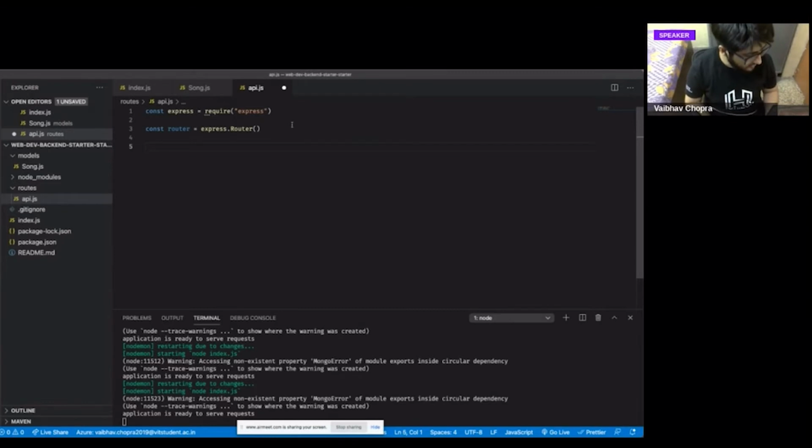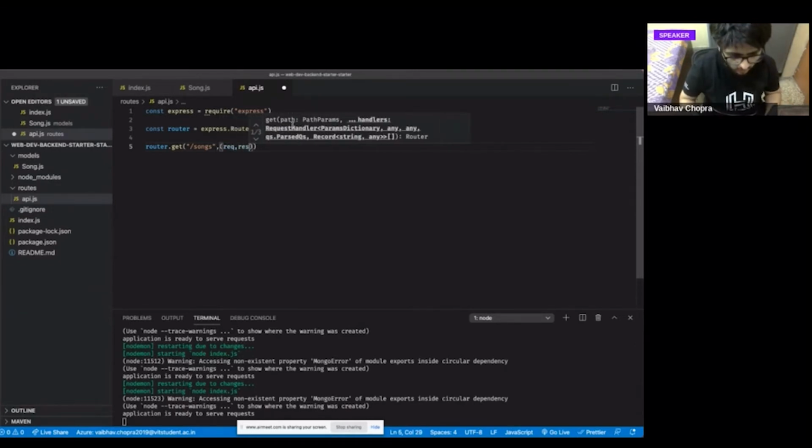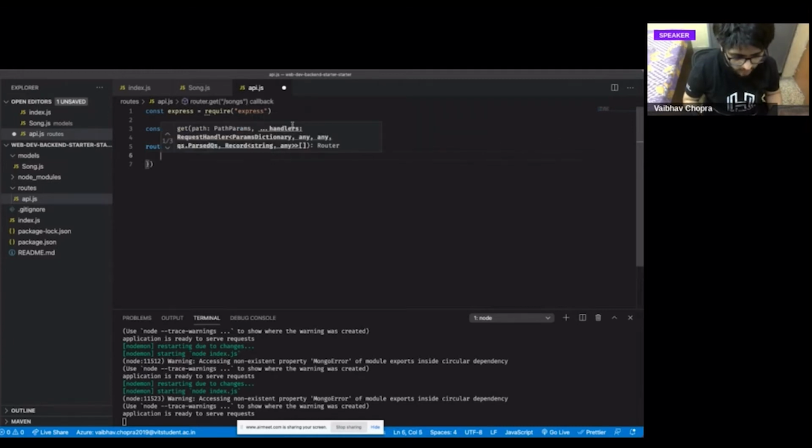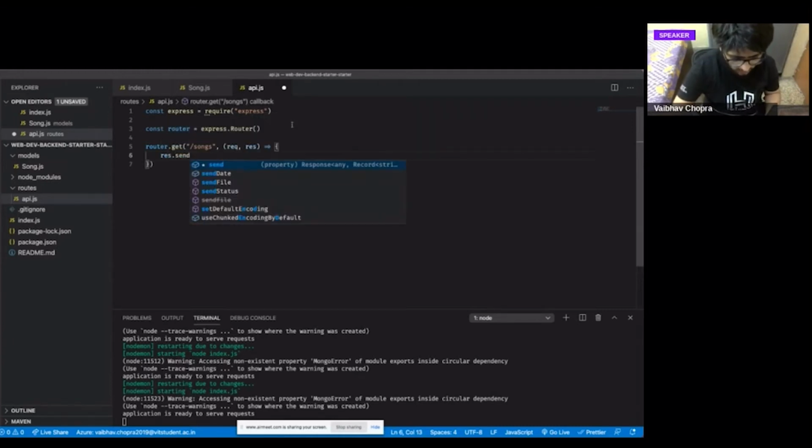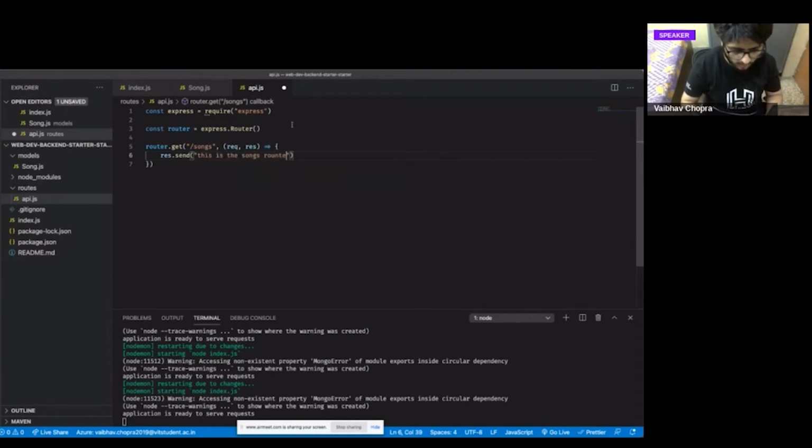Now let's say I do router dot get slash songs. When you do router dot get slash songs, you pass in a request and response, just like how we did it previously, and then you can do res dot send, this is the songs route, and return it.